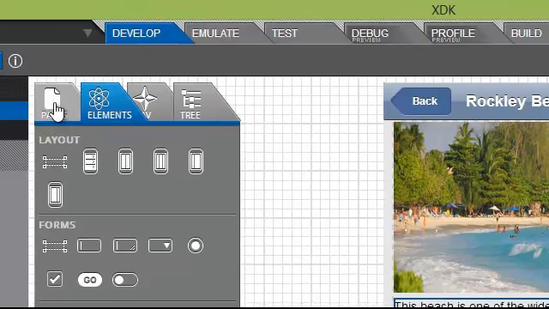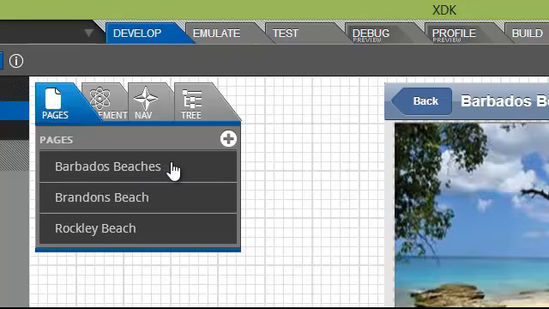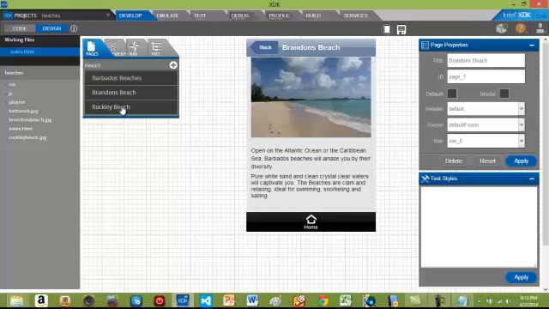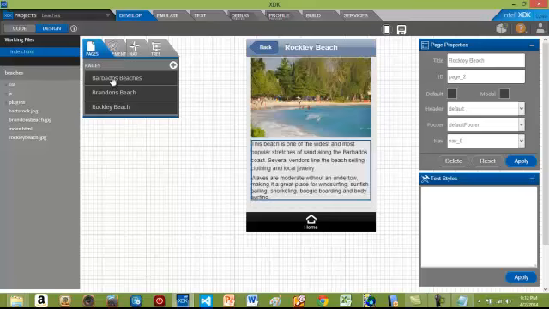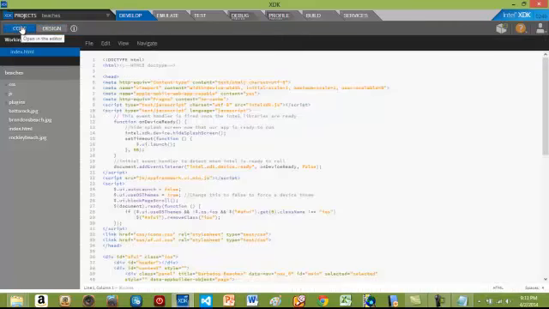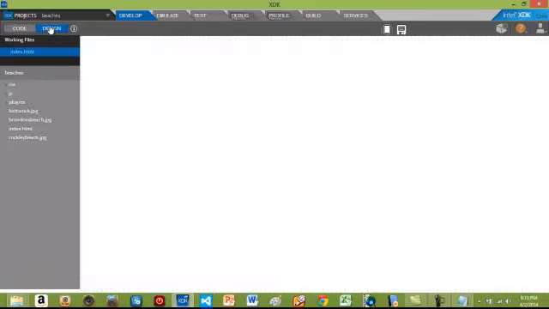So now we have 3 pages. The first one is Barbados Beaches, which is the Bass Rocks picture. The second is the Barbados Beach, and the third is the Rocky Beach. Now, right now we are in design mode. To the left of the screen, you can toggle between the code mode. As you can see here, this is all the code for what we have put in, and this is what we're actually going to be doing later, writing code. Go back into the design mode,